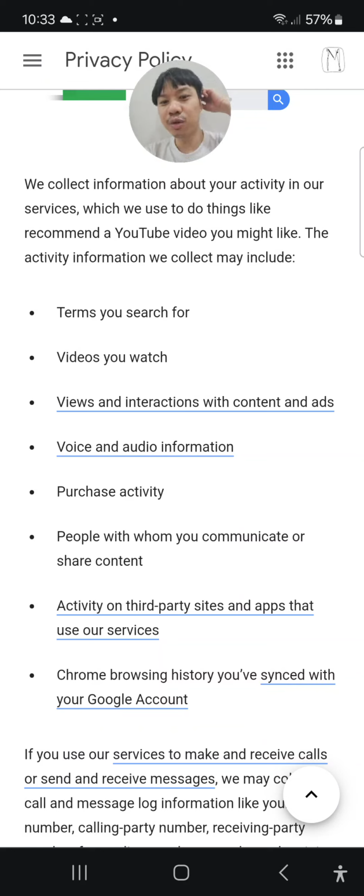I think for things such as this to actually be included in a privacy policy, like people with whom you communicate or share content, would any venue or host actually inform you of this thing that they do, right? Even just at a surface level like this with little details, it is impressive that they actually put this in for us to be able to scrutinize.